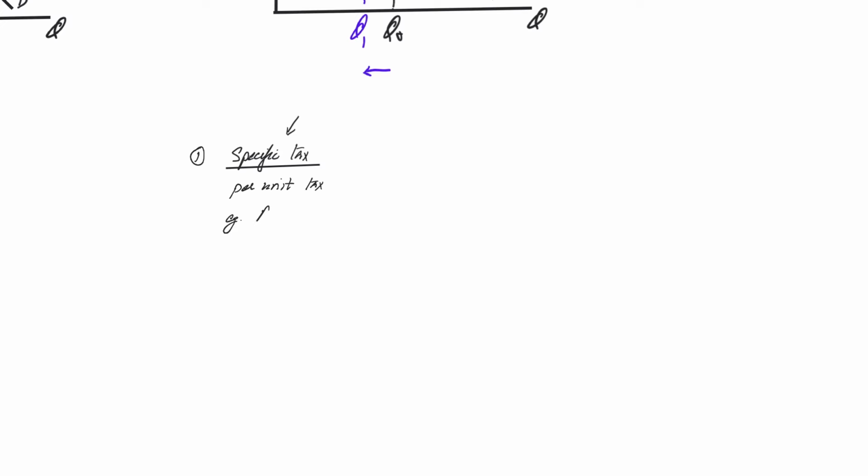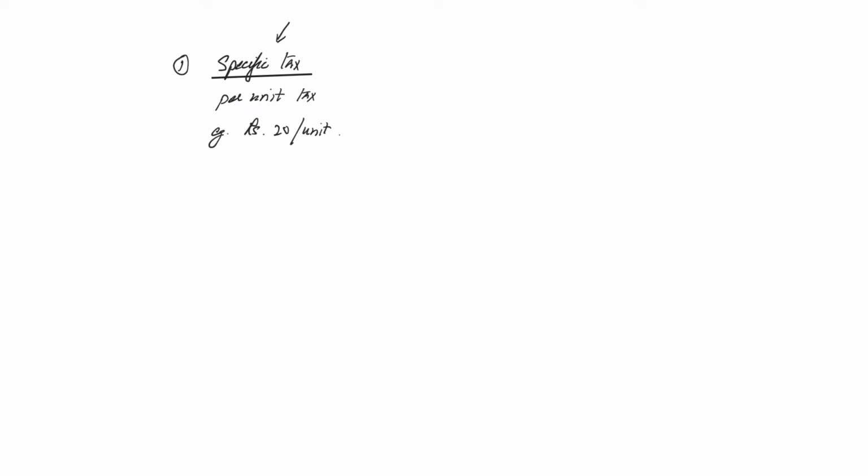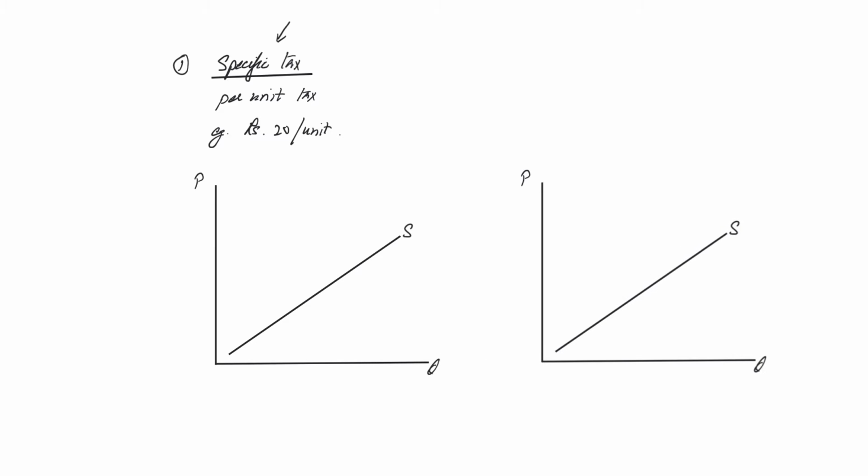Specific tax is a per unit tax. For example, rupees 20 per unit. So for every quantity, the price just increased by 20, or for every quantity, the cost went up by 20 rupees because the government wants 20 rupees. So the way the diagram is going to look for this is how you make it. Okay, so